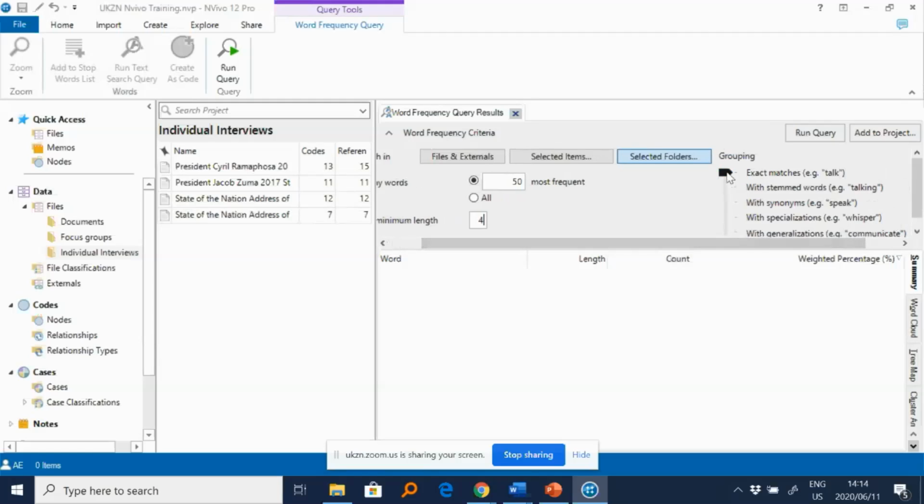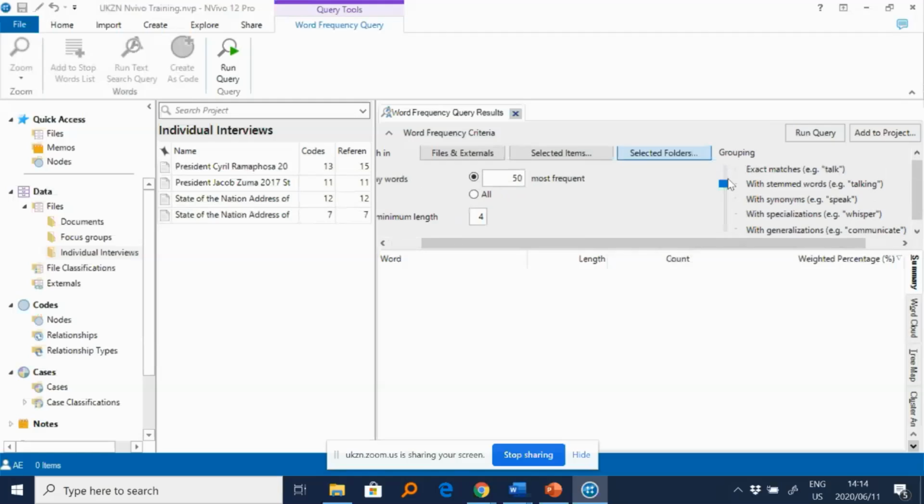If you slide your sliding scale down a notch, here NVIVO merges stemmed words. So talk and talking and talked will be merged together as one. If you slide it a step further, NVIVO will merge synonyms. You go a step further, it merges specializations.